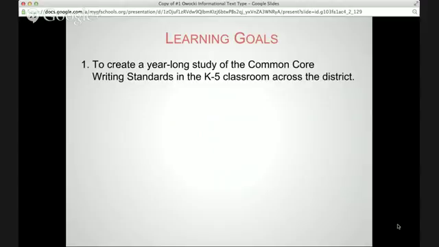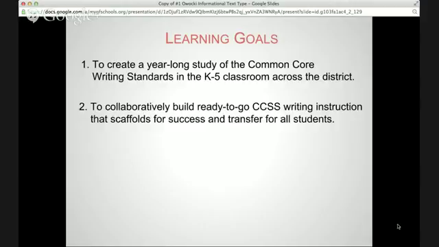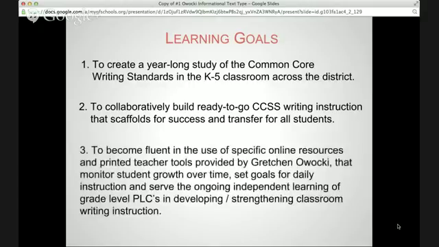In this course, I just want to review our goals. The first one is just to create this year-long study of Common Core writing standards in every classroom K through 5. That's huge. The second one is for students, really, that they start experiencing the Common Core writing instruction through what you're learning. And third is more focused on the teacher again, where you have fluent use of the resources. Your hub, the elementary literacy hub, is going to be the place to go to find multiple resources